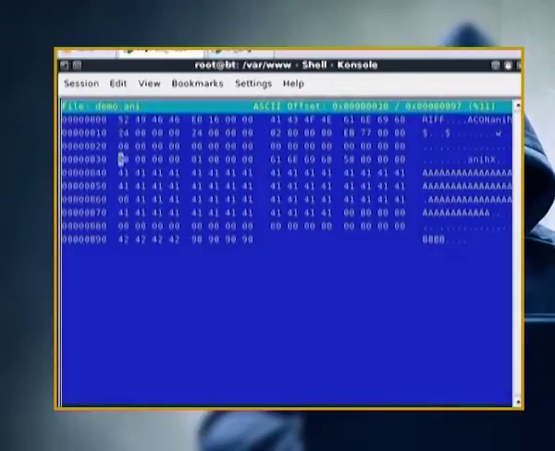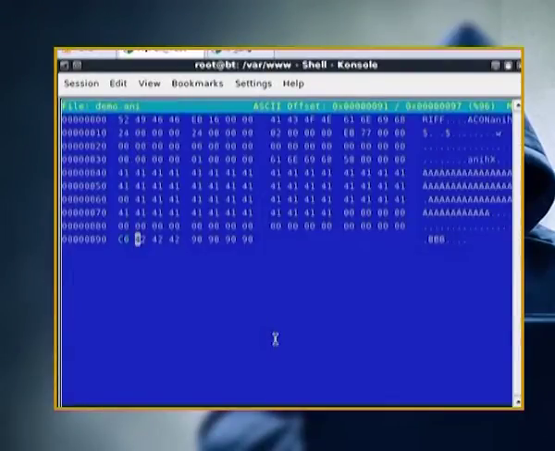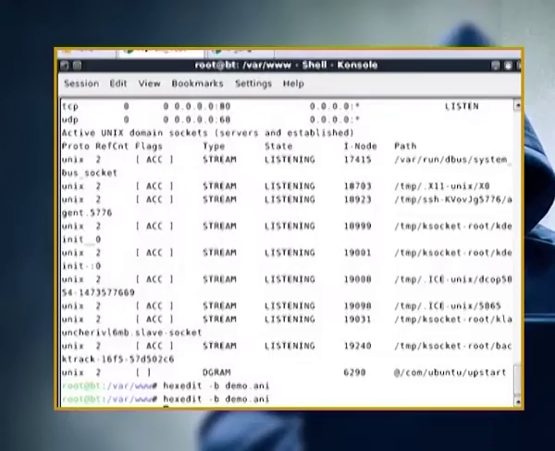So, I will say it is C0 and 22D877. So, this address has got replaced. Now, if I save this file and come back to my XP and restart my debugger,